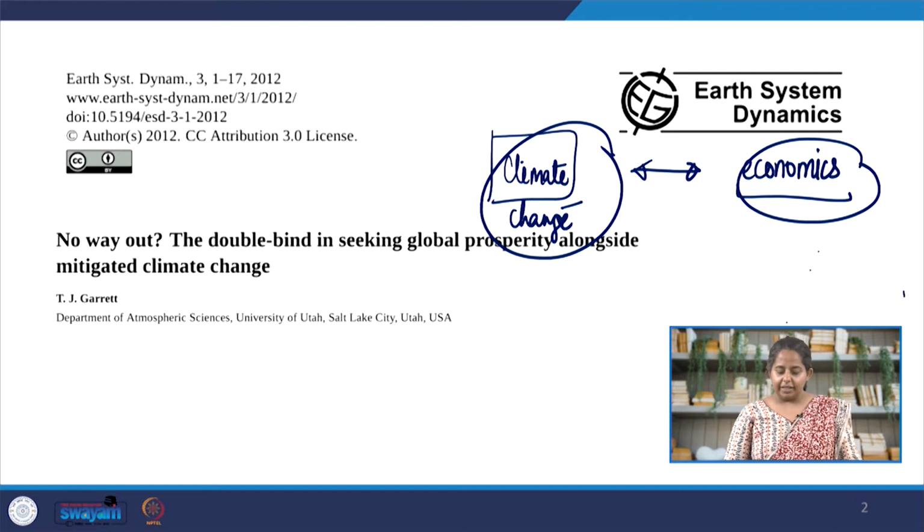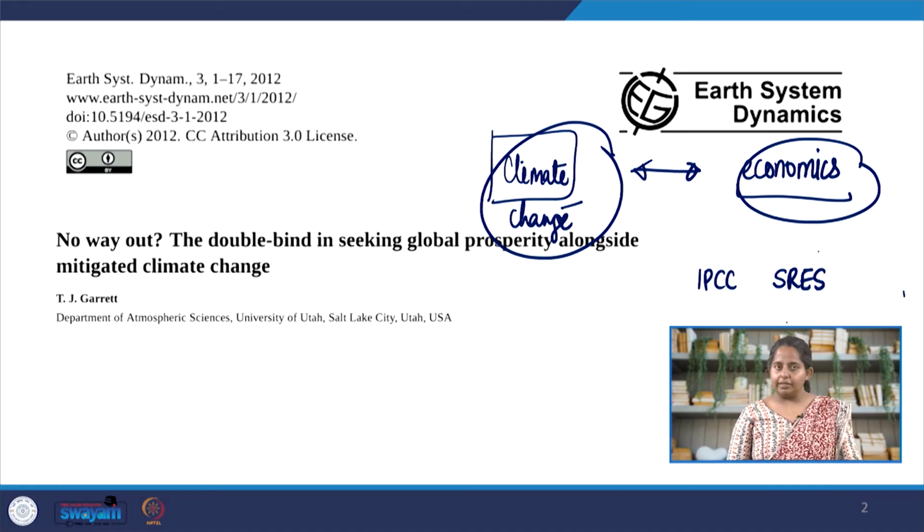So before we begin, let's look into how the climate change and economics modeling and also the policy has been in the past few decades, including IPCC's SRES model, which is the most commonly used climate change and economics model. The assumption is that there is a way that we can mitigate climate change without affecting global prosperity, without affecting the economics. Now, T.J. Garrett's first premise in this model was that any kind of growth, whether it is economic growth, physical growth, material growth, any kind of development requires energy, and human civilization is not an exception to it.